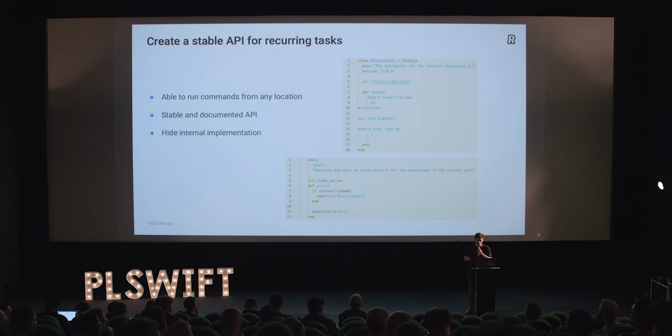You need a stable and documented API, so you also don't want the developers running pod install or xcodegen, because that's an implementation detail. The way you create these projects doesn't matter, so let's switch that for something like create project. Your API has to be stable: you write create project, the project is created, that's it. You document this, people can read what it's doing, and you hide the internal implementation. One day you want to switch to Xcode, nobody's going to notice. You want to switch to CocoaPods, nobody's going to notice. It's stable, it's documented.